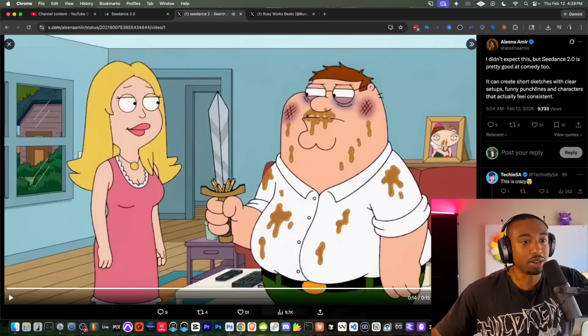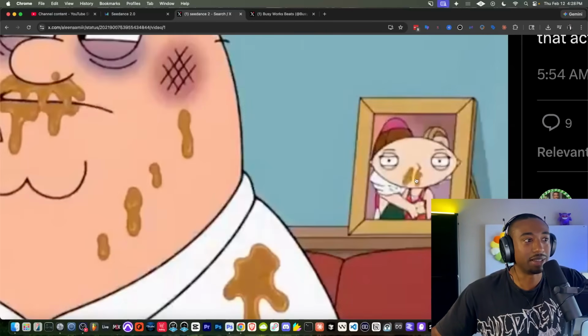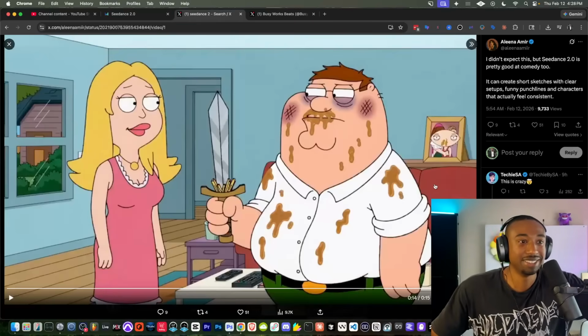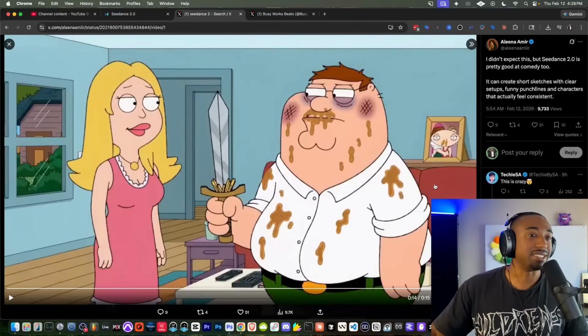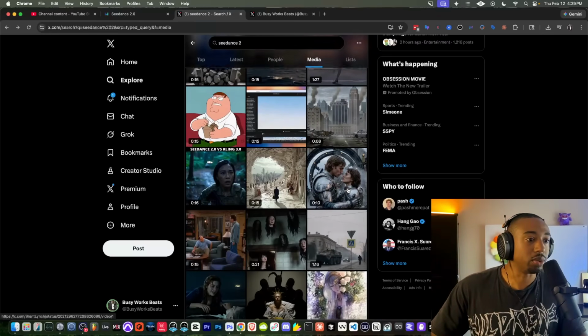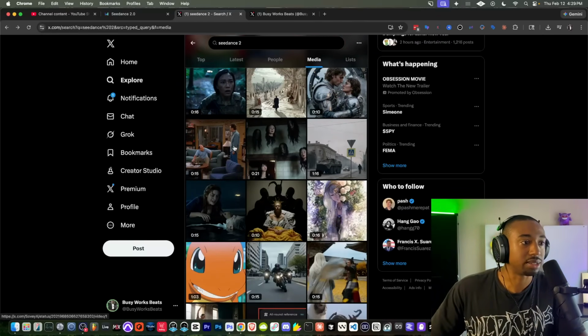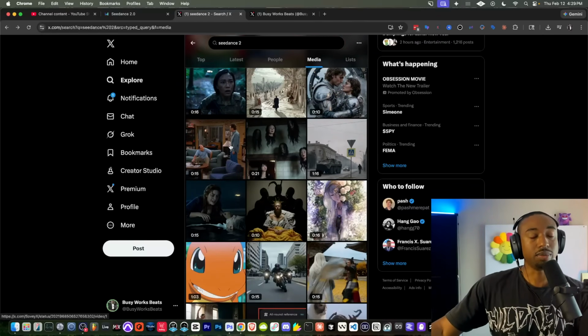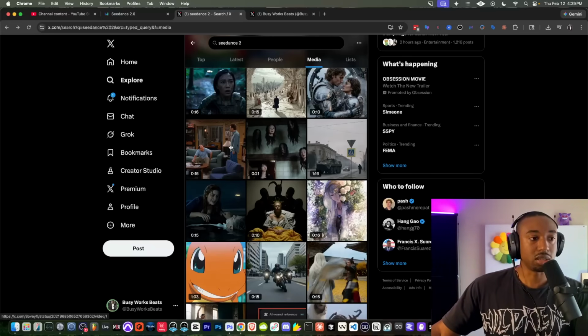So I don't know if you guys caught it, but Stewie's just in the back with like the same gravy on him. Like the amount of detail is just actually crazy, y'all. Now, again, in real life, are we going to use it to just make spoofs of stuff? Not necessarily. I'm going to use it to make custom video of like myself, potentially music videos.